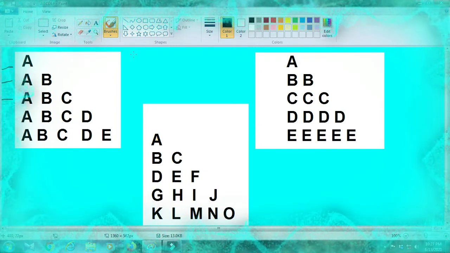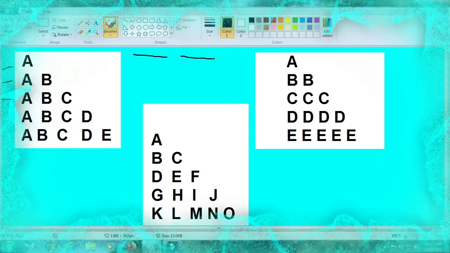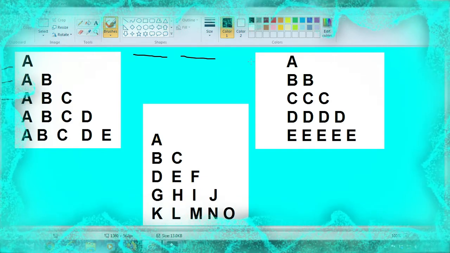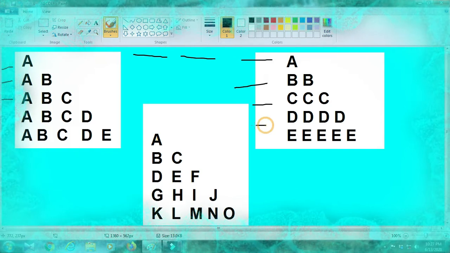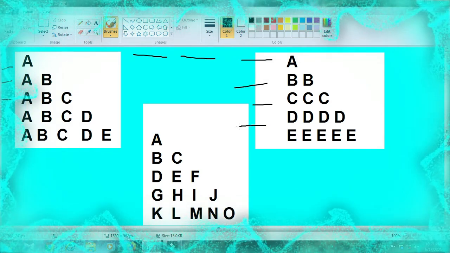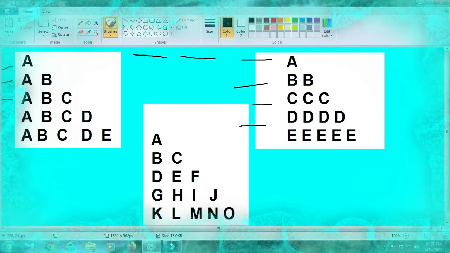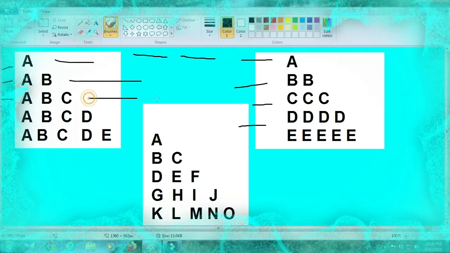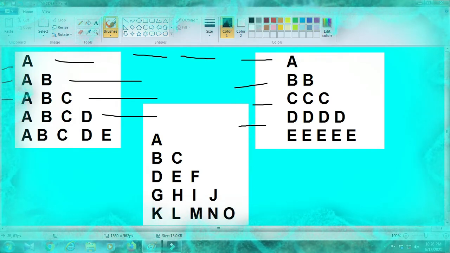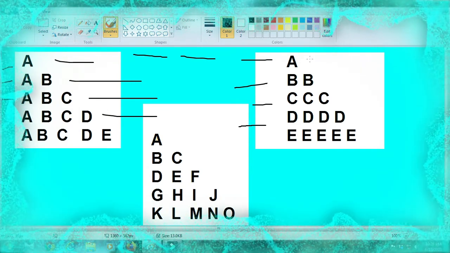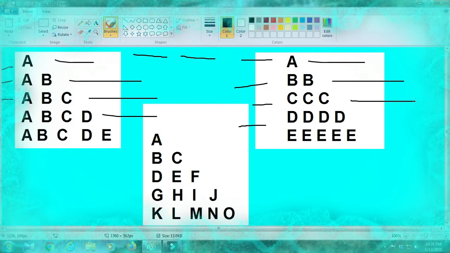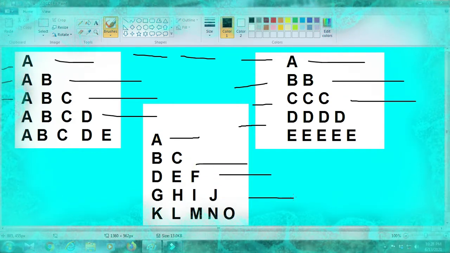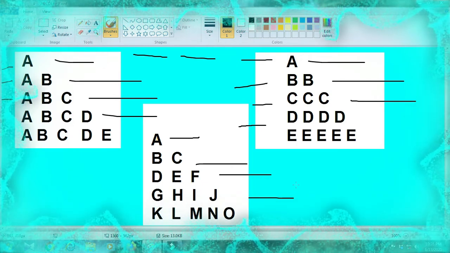The first loop will be the outer loop, the second loop will be the inner loop. The first loop will be used for rows, meaning each time it will give a new row, like first, second, third, fourth, and the other loop will be used for printing columns, which will actually print the alphabets. As we can see here, we have three patterns: A, AB, ABC, ABCD, continuously repeated. Another one is A, B B, C C C, and another one is A, B, C, D, E, F, G, H, I, J. So we have three kinds of patterns here.